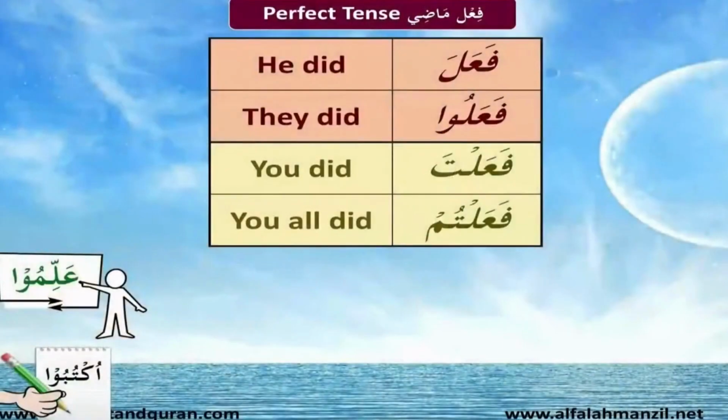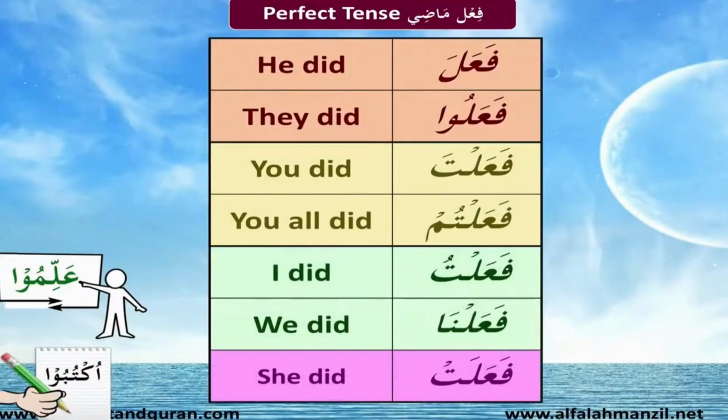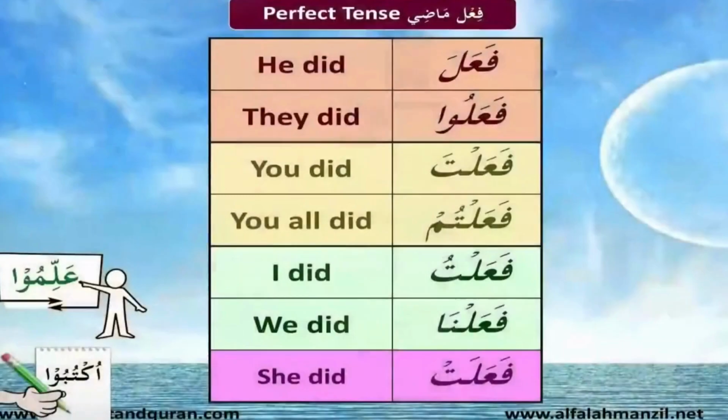For the ladies, fa'alat. We're stopping. There is no haraka on the ta. Right? Fa'alat. Yeah? So again, fa'ala mean he did. Fa'alu, they did. Fa'alta, you did. Fa'altum, you all did. Fa'altu, I did. Fa'alna, we did. Fa'alat, she did. Got it? On this pattern, if another 3 root letters come, our job is to put them in the right